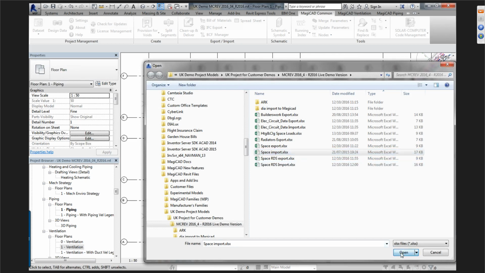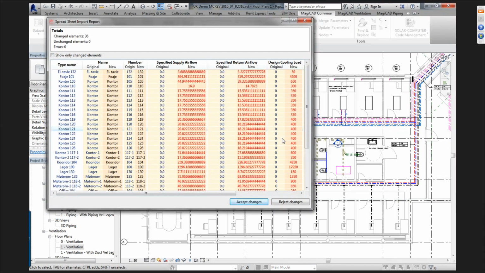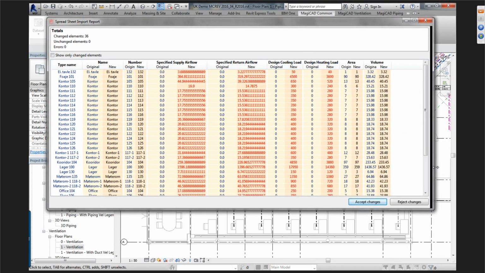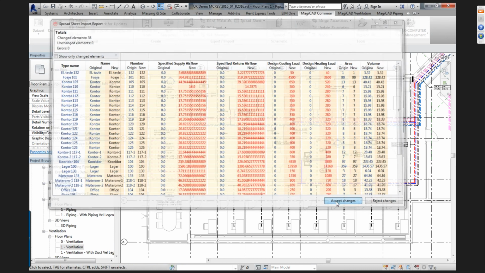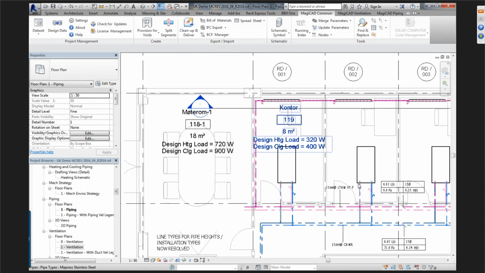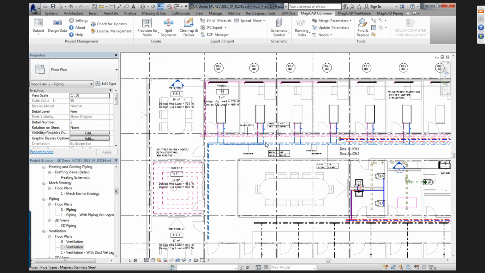What this will do is give you a list of all the data that's changed in the red column, and the original figure on the left. You can see there, airflow and cooling loads all going in there. If it only changed a couple of spaces, if I click up at the top left hand corner, it would have filtered it to only the data that has any changes associated with it. And you press accept changes, press OK, and you can see now that all my data is updated with the values in the model. So you can see quite easily